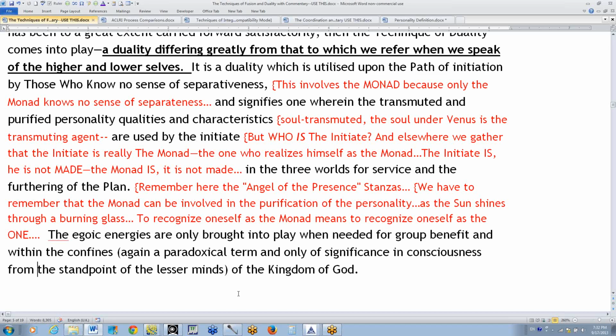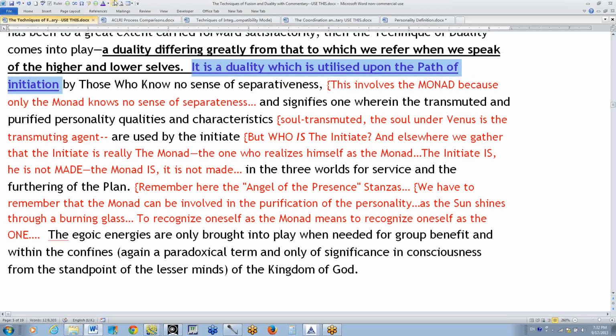So, it is the duality which is utilized upon the path of initiation. We want to bring those points home. Hence pondering, repeating, restating. It is the duality which is utilized upon the path of initiation by those who know